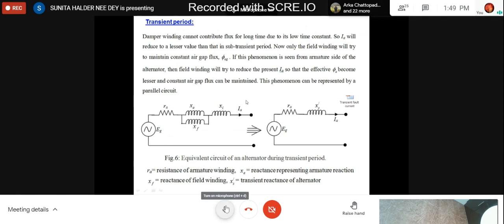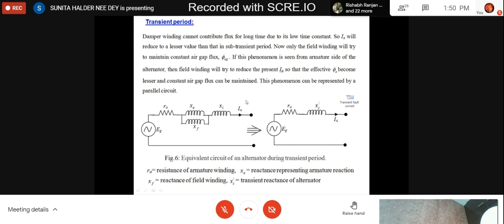Understood? Yes, ma'am. So in short, after this half an hour discussion, the fault currents during transient and subtransient conditions are higher, and during subtransient it is highest, maybe twice the steady state fault current. Here Imax is not the rated current, Imax is the steady state fault current. Then the duration of the fault may be divided into three separate periods: the subtransient period, the transient period, and the steady state period.